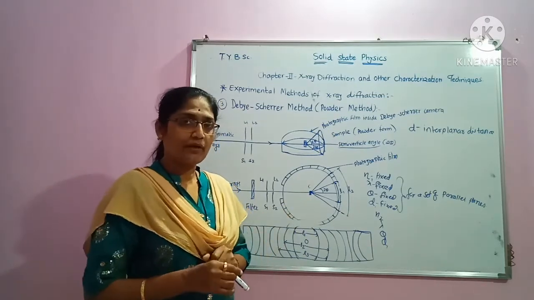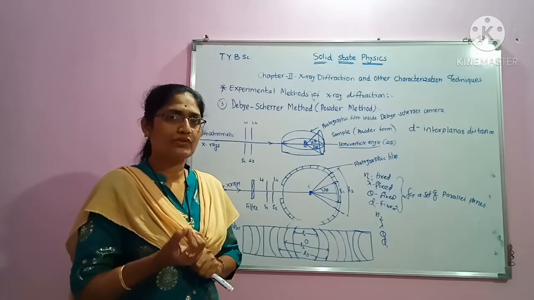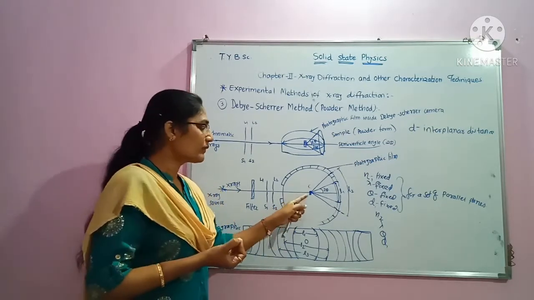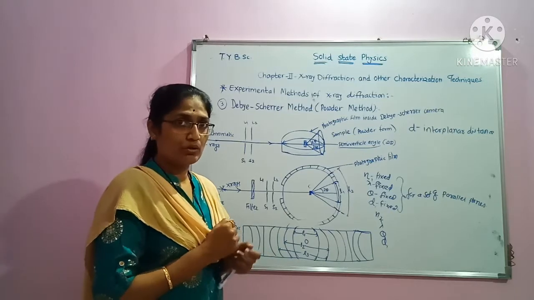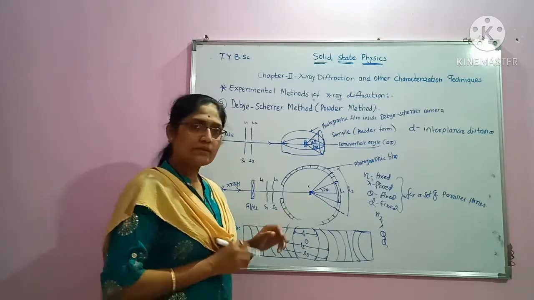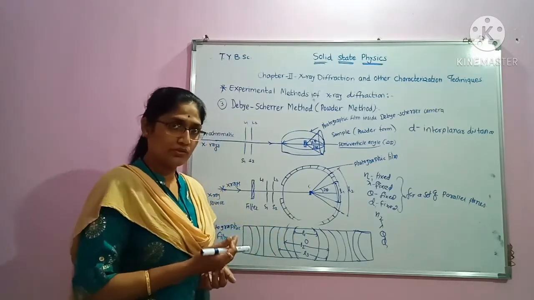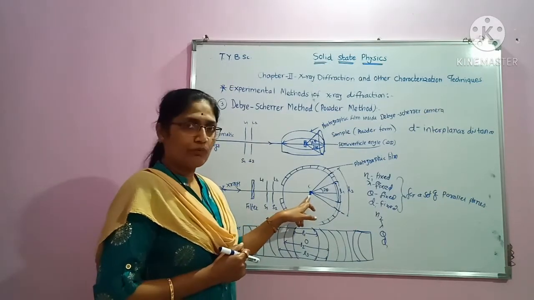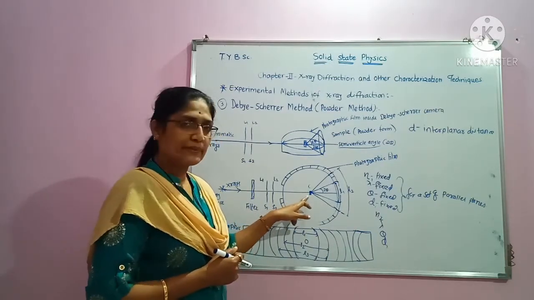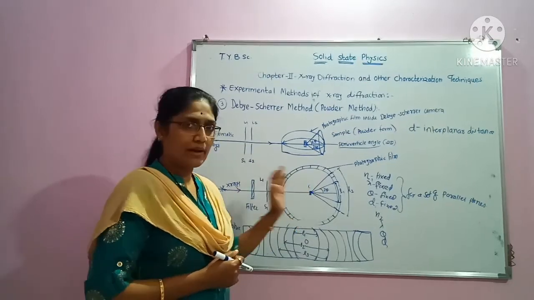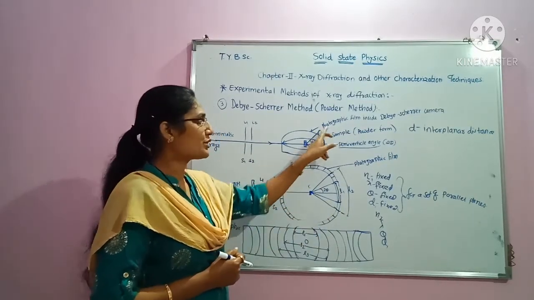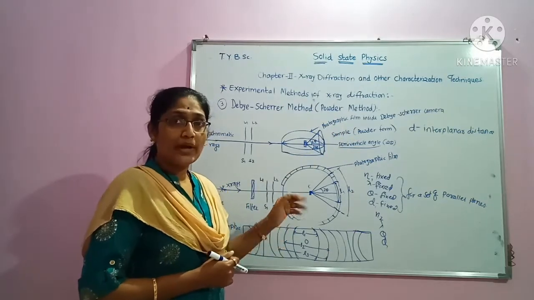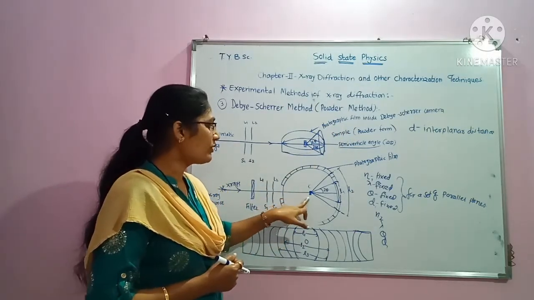which is stuck to the hair, meaning polycrystalline material. Our material should be crushed or ground and then stuck to the hair, because it is non-diffracting, with the help of glue, and it is suspended at the center of the Debye Scherrer camera. In the interior of the Debye Scherrer camera, we attach a photographic film to record the interaction of X-rays